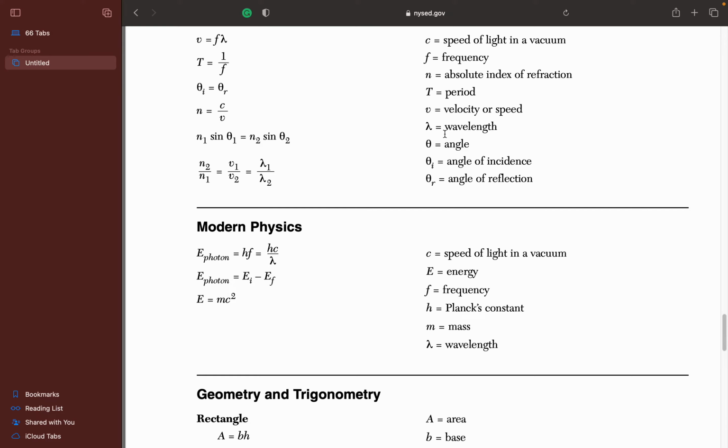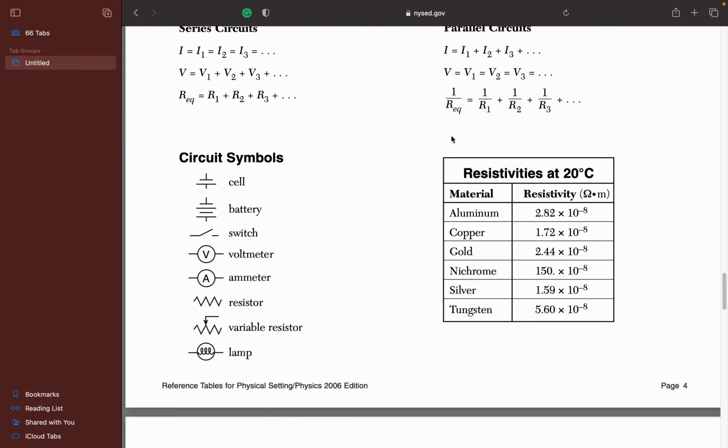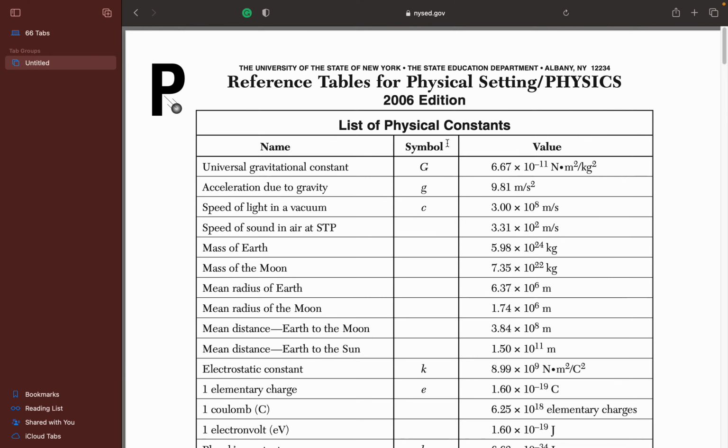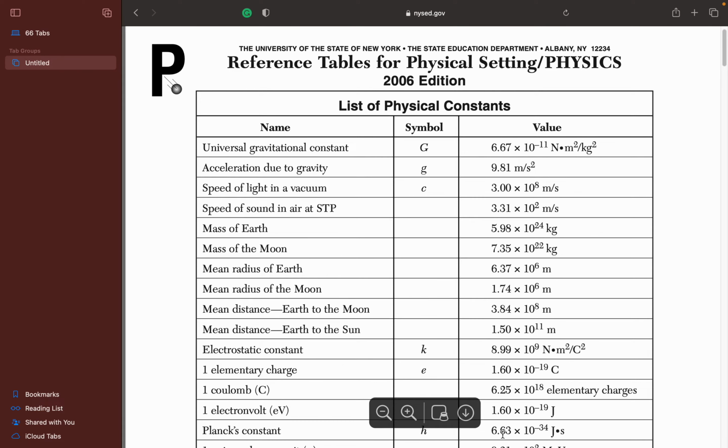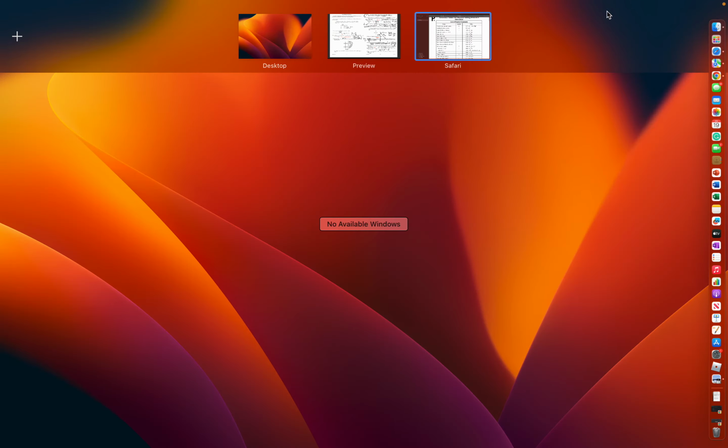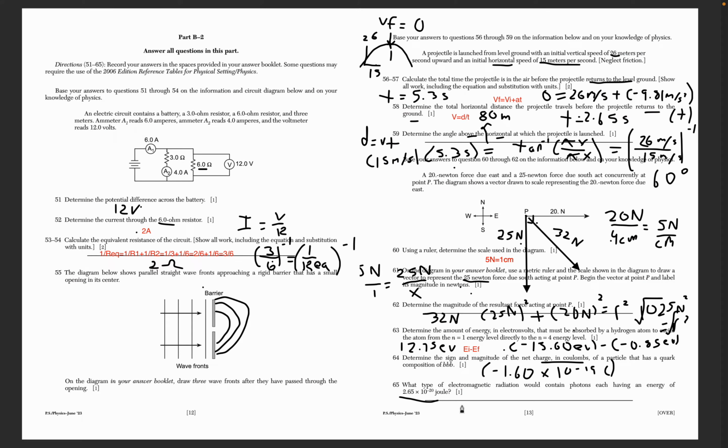Planck's constant is 6.63 times 10 to the negative 34 joules times seconds. So frequency is equal to energy divided by Planck's constant,